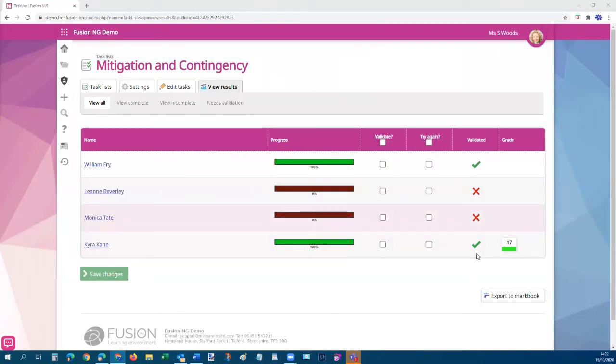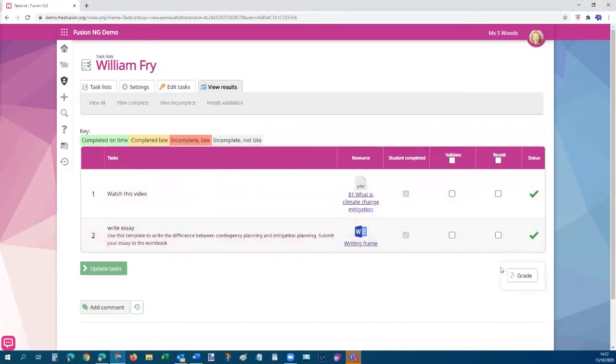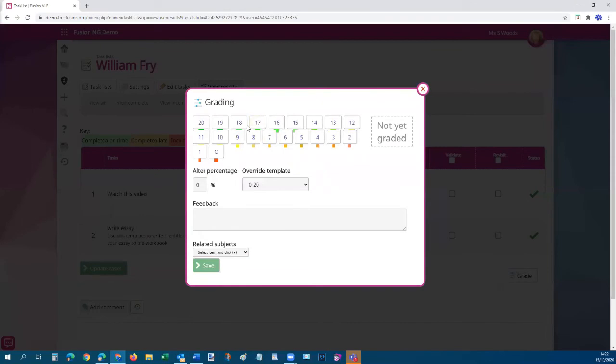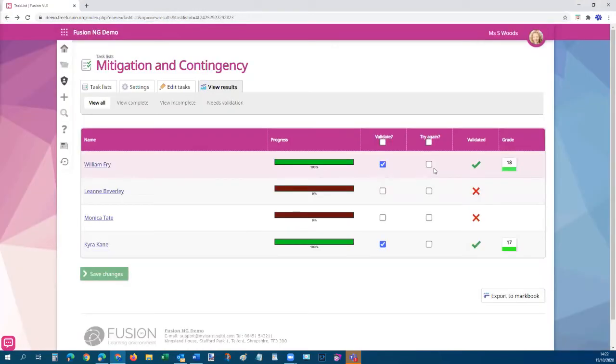Now, there's no obvious way here to grade a task list. What you need to do with task lists is grade each student individually. So you click into the student's name and you apply the grade and save. And then just go back to the list of students and you can go and do the next one. So it does take a little bit more effort to grade a task list,